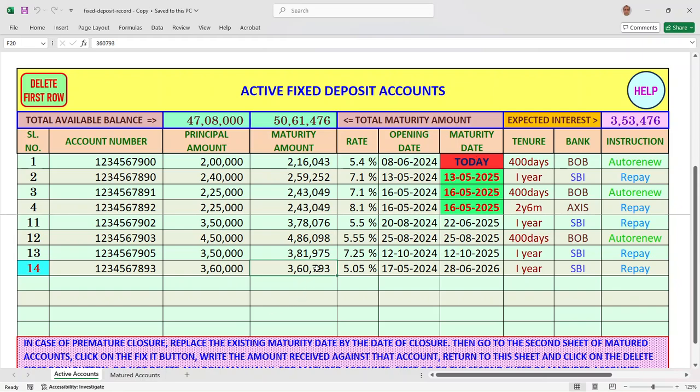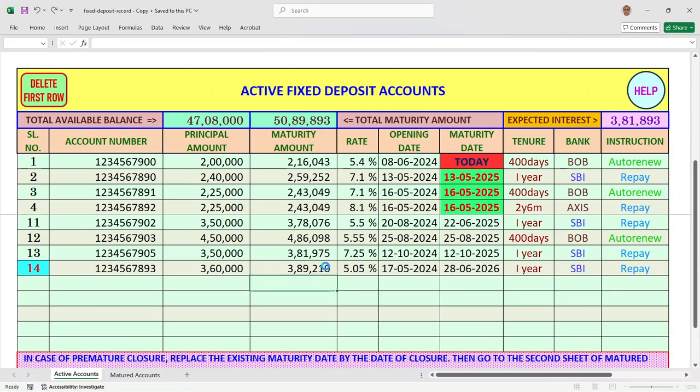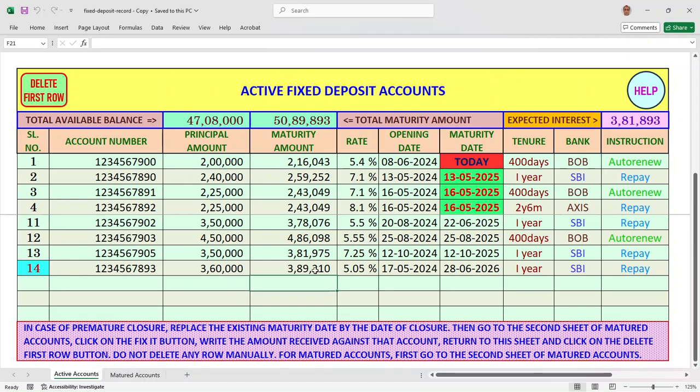And the maturity amount, yeah, every time this announcement will automatically be there as long as this is there. So now the maturity amount maybe say 389210. Oh sorry, what I have written, 389210. This may be the new maturity amount. Okay, so just press enter. So in this way that matured account was renewed like this, and now the new maturity